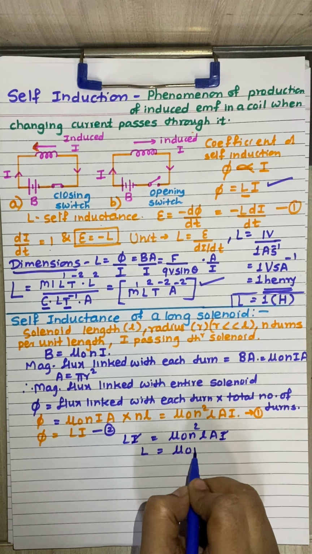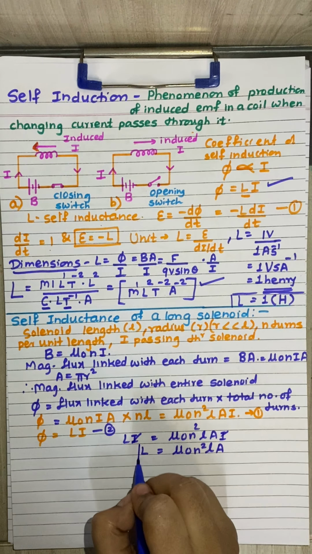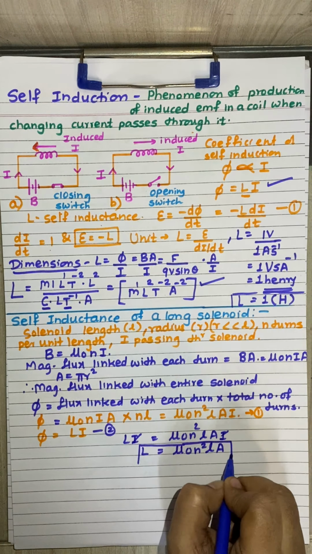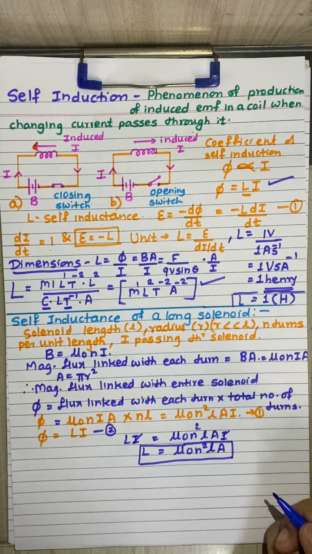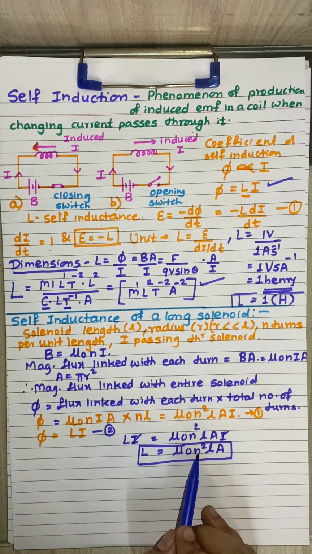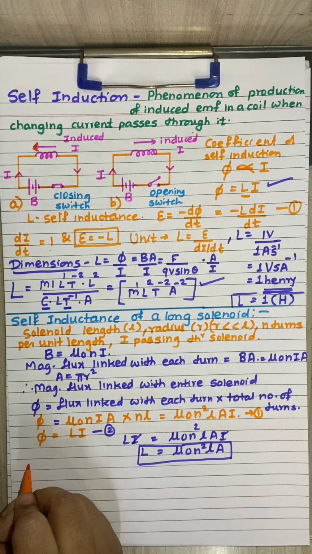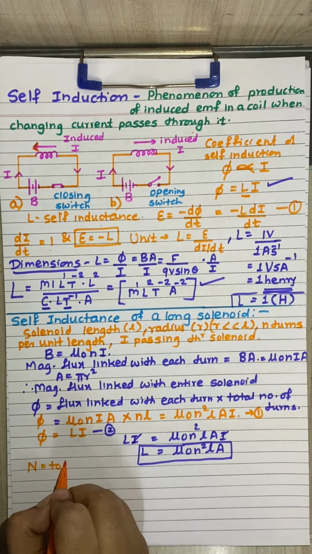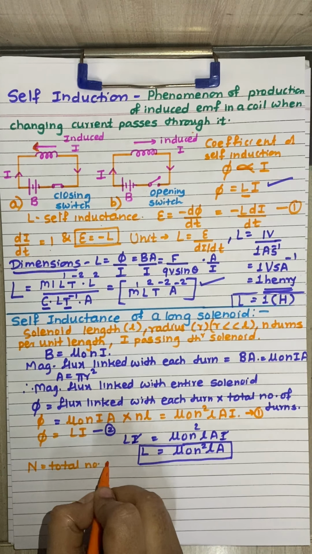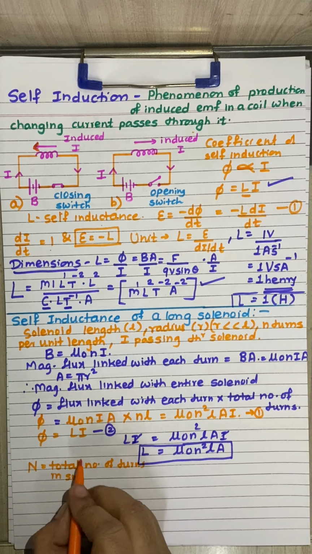We have L equals mu naught n square l A. This is the formula to calculate the self inductance. Now this is in terms of the number of turns per unit length, and if I have capital N as the total number of turns in the solenoid, we know that capital N is equal to the total number of turns in the solenoid,